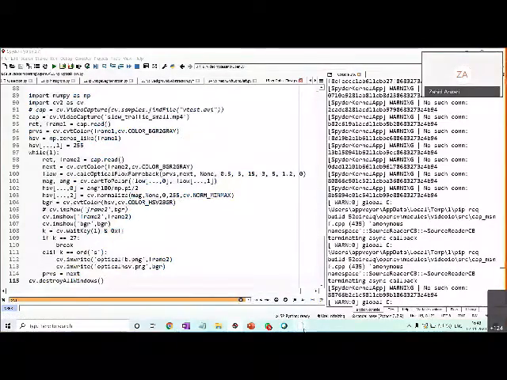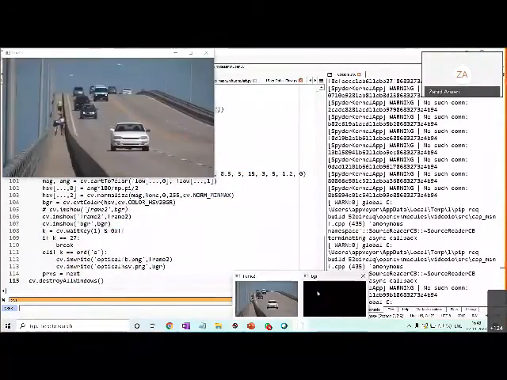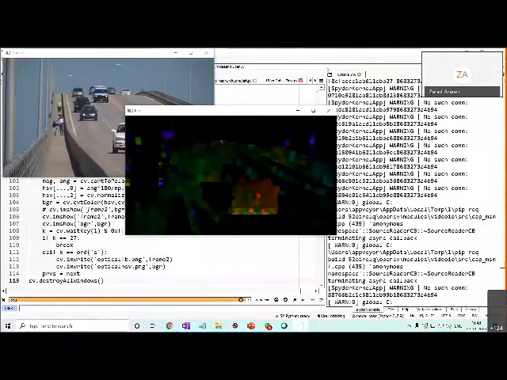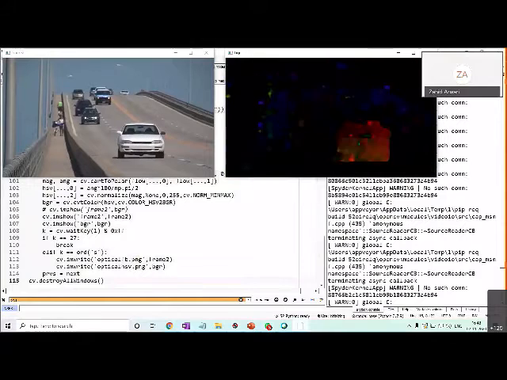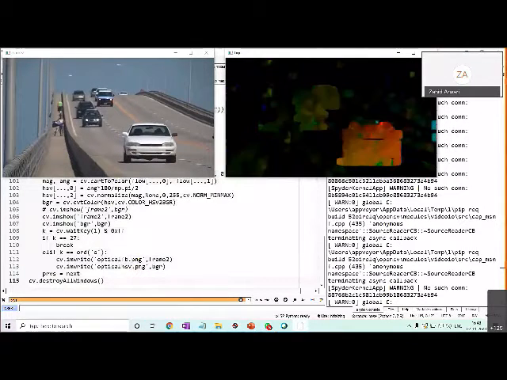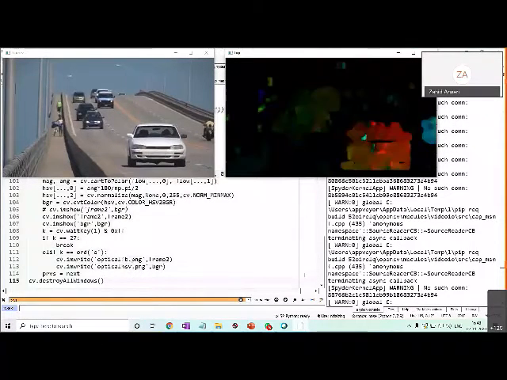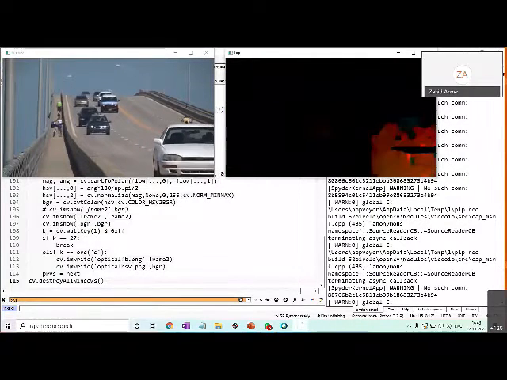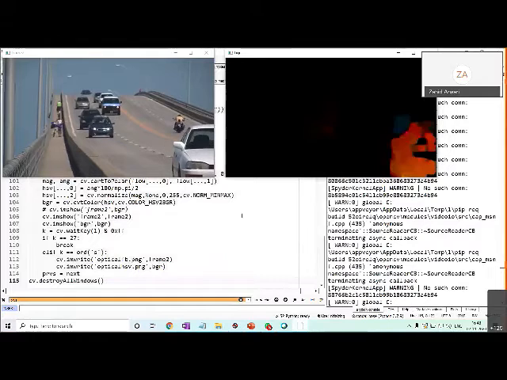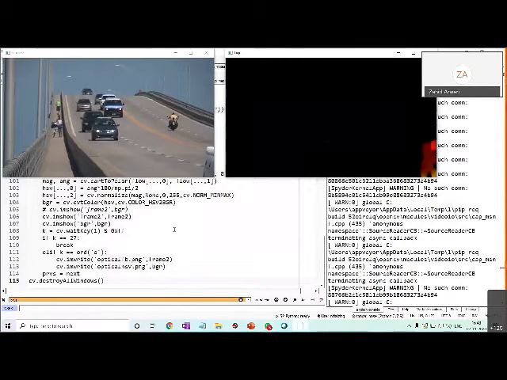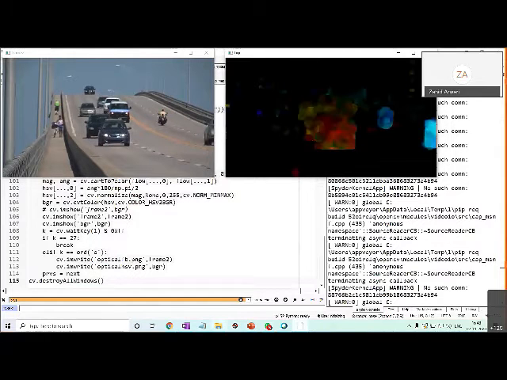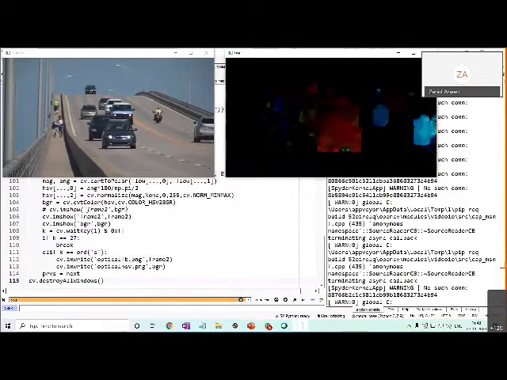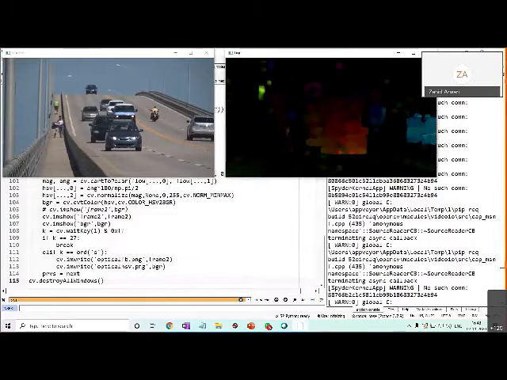So this is the original and this is the tracking. See, this car is being tracked and some other things are coming over there. Not very clear, but it is optically tracking based on the intensity. Now they are coming closer, so the intensity is high, and that way. Okay, I'm just skipping it.